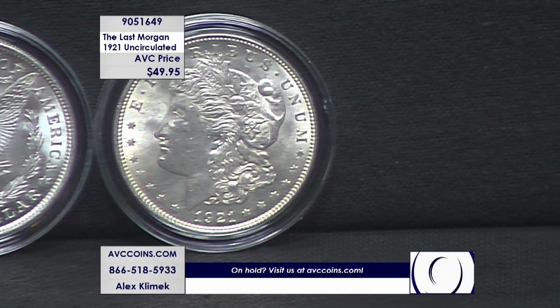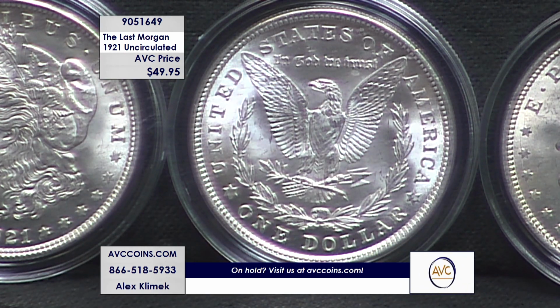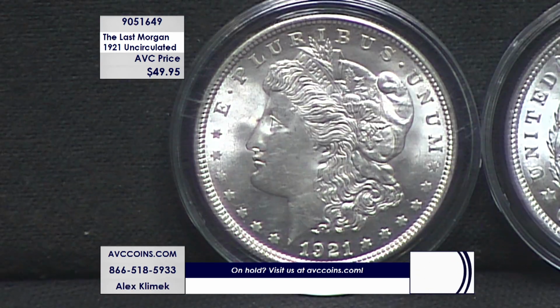When you can find a 1921 uncirculated Morgan dollar struck by the Philadelphia Mint with our competition, they want upwards of $136 for each of their coins. We are more than $86 less at just $49.95. That means you can buy 2 of these coins with us tonight and still save $36 versus our nearest competition